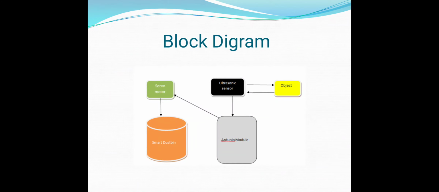Block diagram. The block diagram shows the connections between the various blocks. These blocks work together with the functionality of the Arduino Uno. We use the ultrasonic sensor to sense and detect objects. The ultrasonic sensor can detect the distance of any object and can also detect its movement. Opening and closing of the dustbin door uses the servo motor, which gets input from the Arduino board. When the sensor detects an object, the dustbin door opens. If the sensor does not detect an object, the dustbin door is closed.